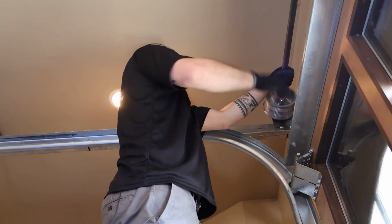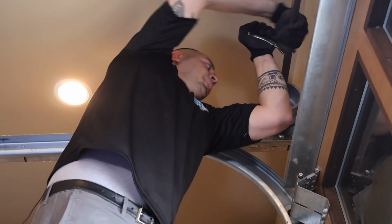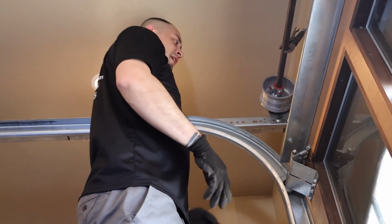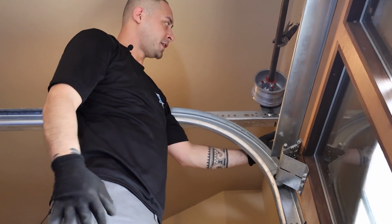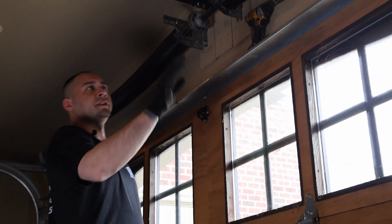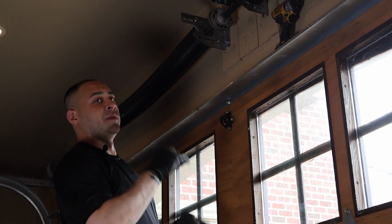You want to put tension in it. You can use the vice grips to help you pull the cable towards you, push the vice grip against the wall, and now your cable has tension in it, okay? You want it to be as tight as possible. So once you have tension in both cables on the left and the right side, what we're gonna need to